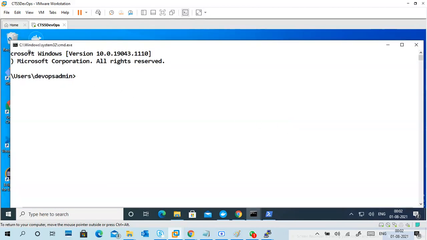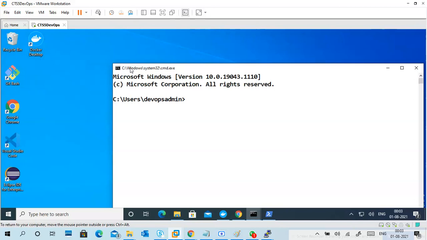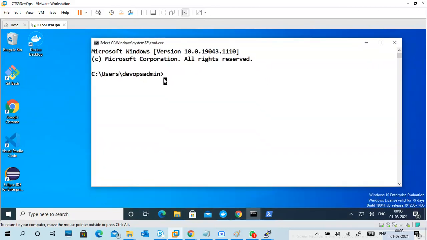I use the command prompt for running containers, and I use PowerShell like an admin console to look at what containers are there, what images are there, and how to remove them. These are container consoles only.